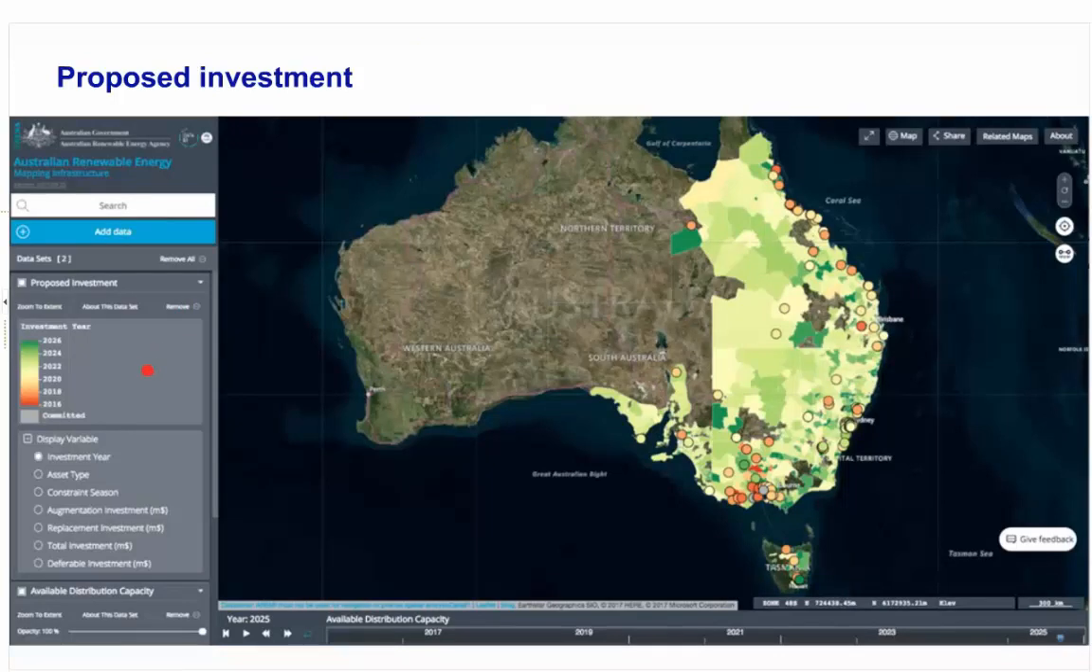So the default is the year of investment. You can see that the red investments are the ones that are imminent and about to occur. The green ones are sometime out into the future. But you can also specify to view by asset type to determine what transmission, what zone substation, what feeder. You can look at the constraint season, whether it's summer or winter peaking or both. You can look at the investment driver, be it augmentation or replacement,